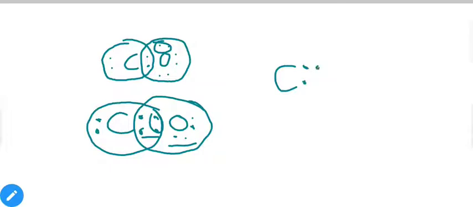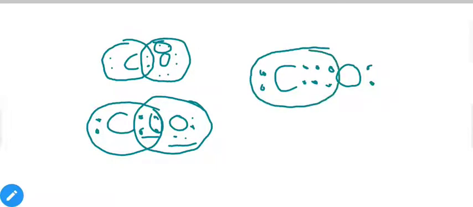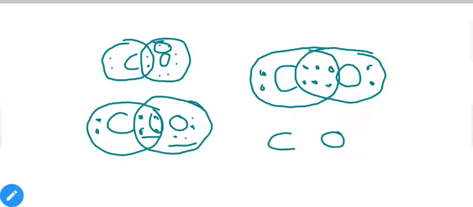Between the carbon and oxygen, we have a total of 3 shared pairs. One lone pair is present on the carbon, and one lone pair is present on the oxygen. Now let us check. These are the electrons in the valency of carbon, and as you can see, it is 8. And these are the electrons around oxygen, and as you can see, it is again 8 electrons. So between the carbon and oxygen you get 1, 2 and 3 bonds.